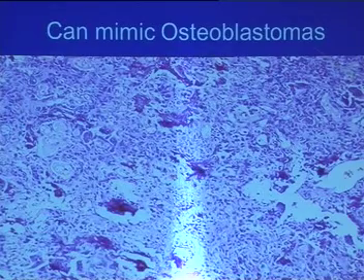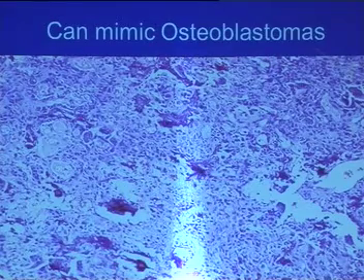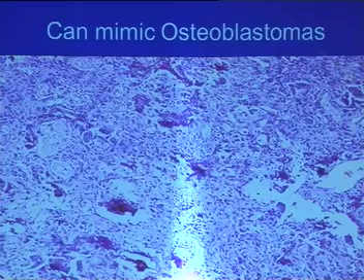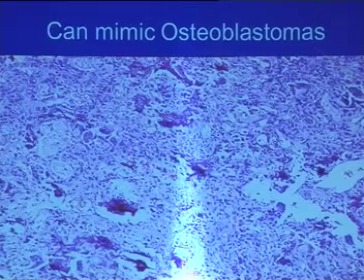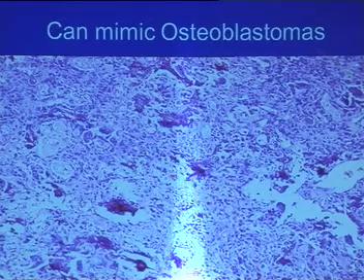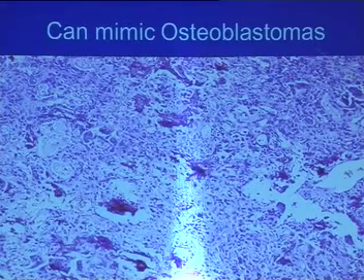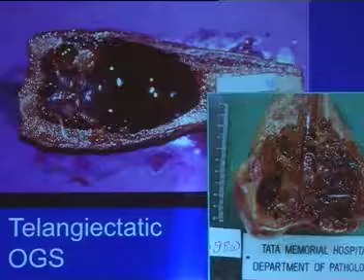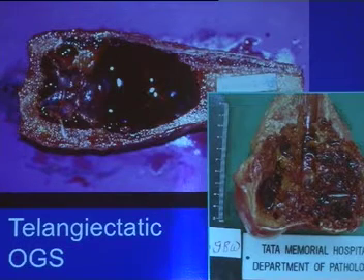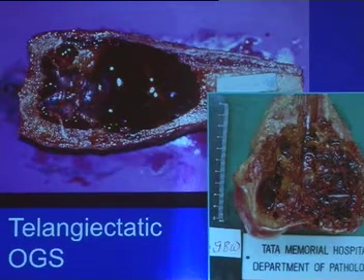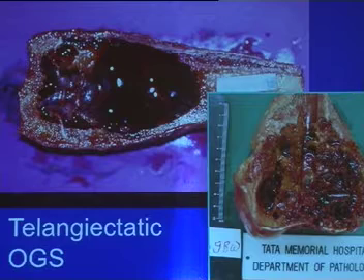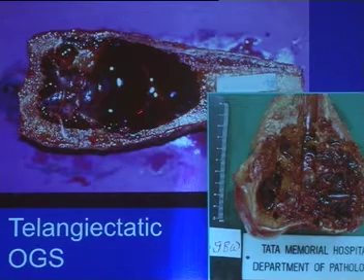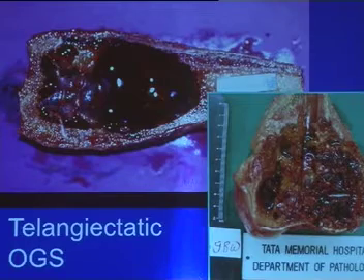Osteoblastomas can mimic telangiectatic osteosarcomas. The reason is osteoblastoma is also a very vascular tumor, has vascular spaces, and does have all these giant cells. These are examples of telangiectatic osteosarcomas, and the original description was such that when a surgeon went in, he almost fell into a pit of blood because the whole thing was nothing but a huge blood clot, and the lesional cells were very few and far apart.